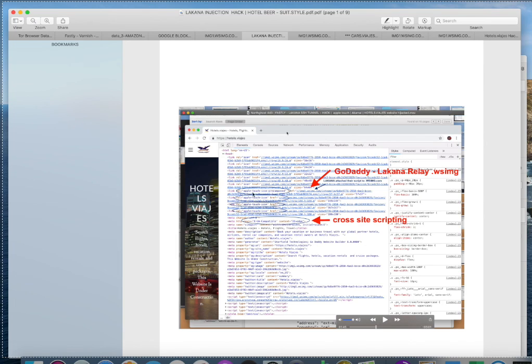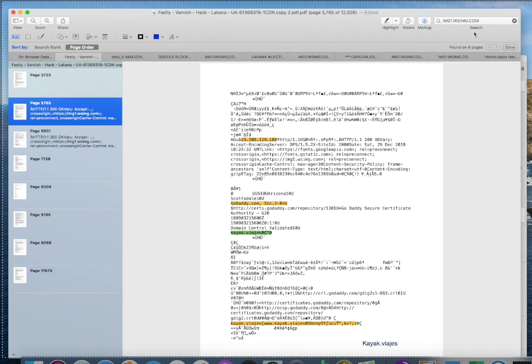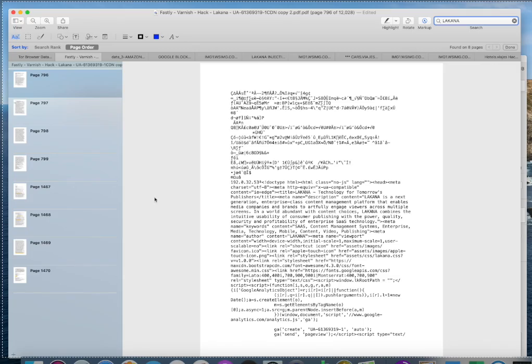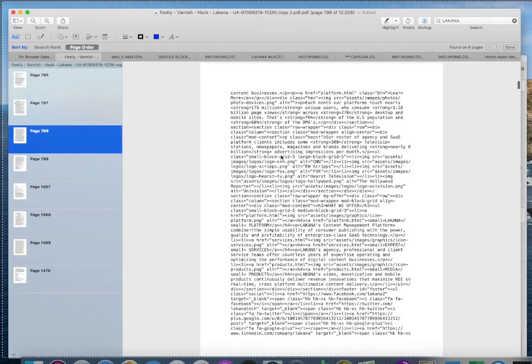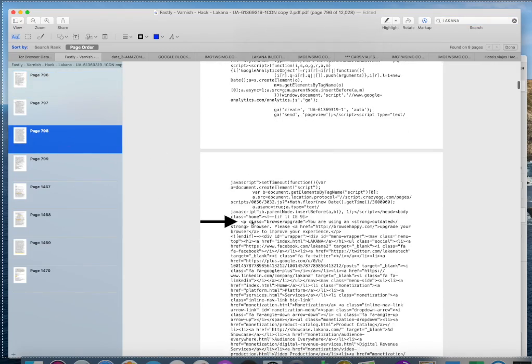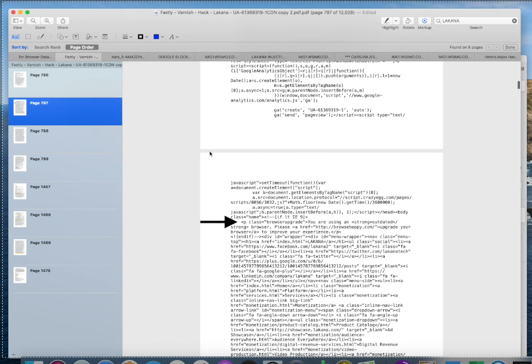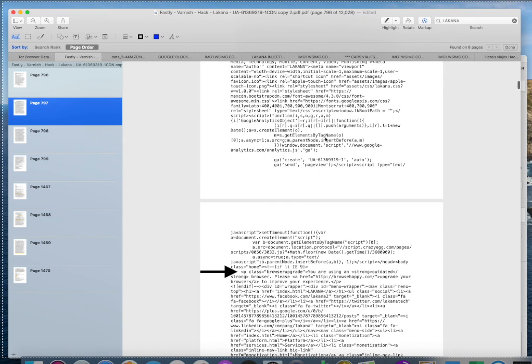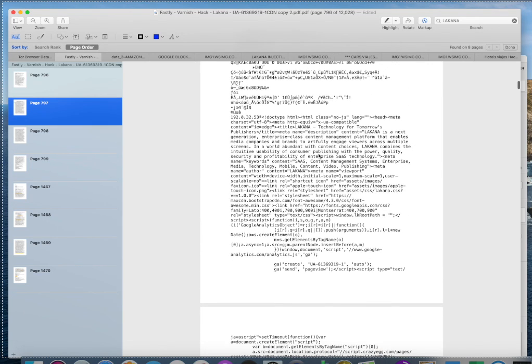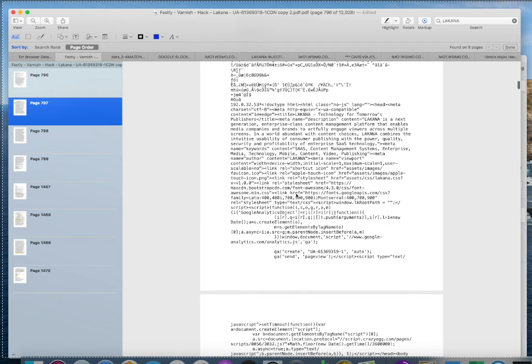Now, again, I'm just rewinding here. That's the Apple Touch icon, the Apple Touch icon, and the IE Edge from LAKANA, and LAKANA and FASTLY are working together to, oh man, right here, browser upgrade, strong browser, Google Analytics, FASTLY, and that's the Apple Touch icon.